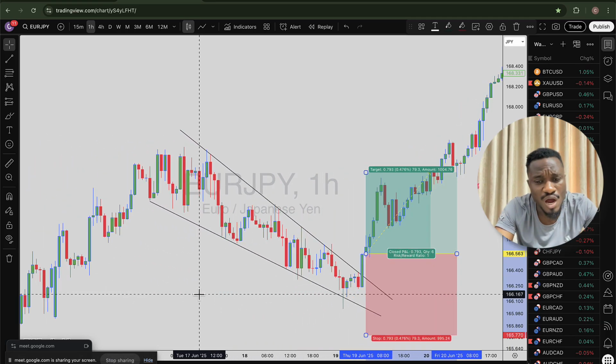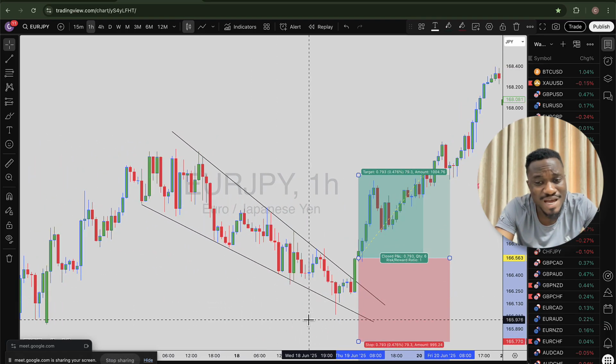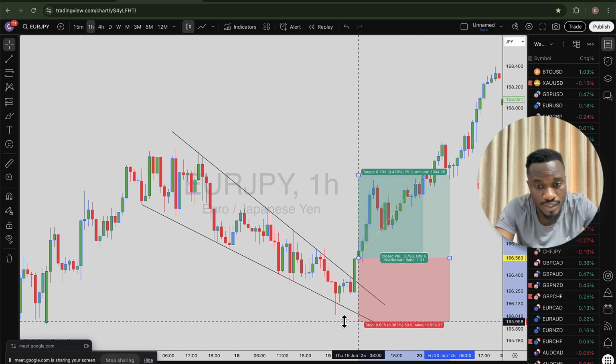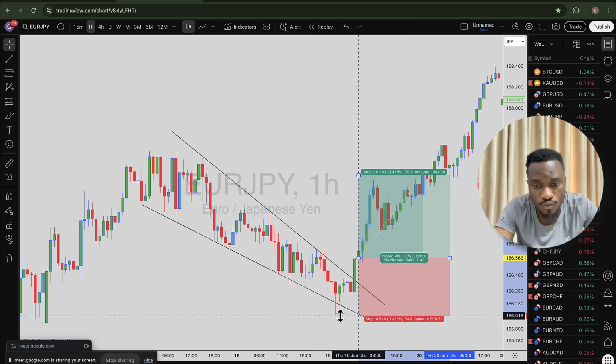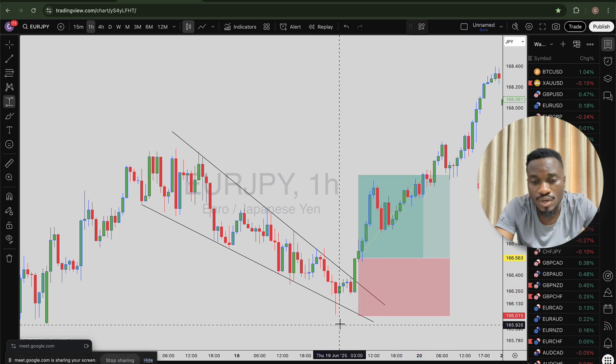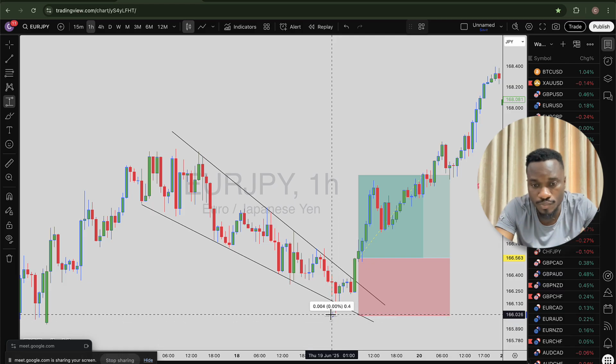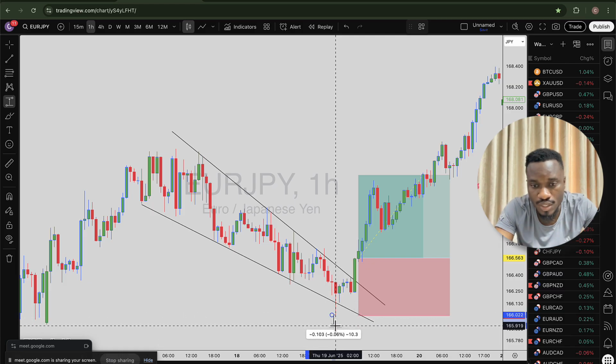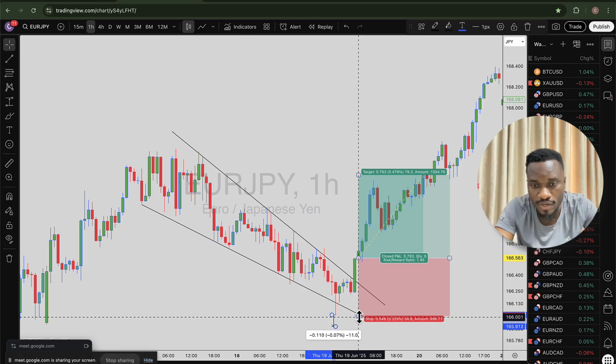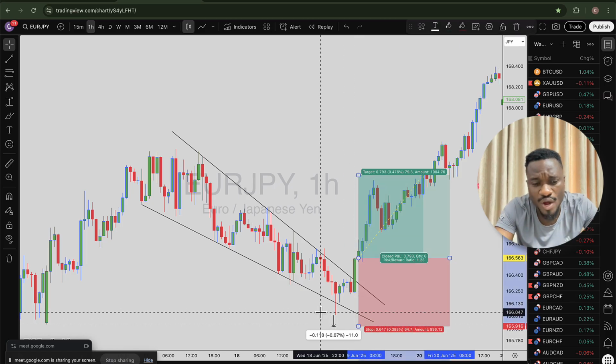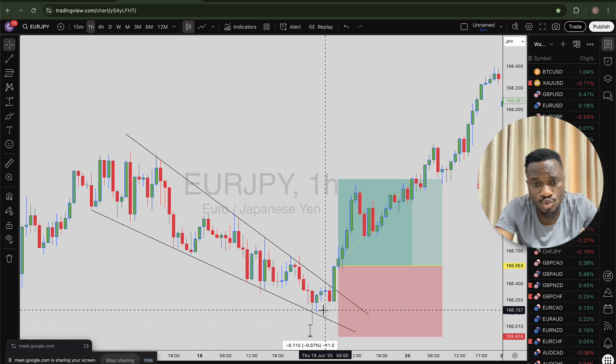Now, I will place my stop loss at the last test of the lower band trend line, which rise here. Don't forget the 10 additional risk pips all the way down, 10 pips. So I put my stop loss all the way right here. Why are we doing this? We are doing this to